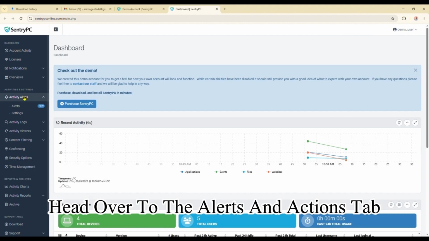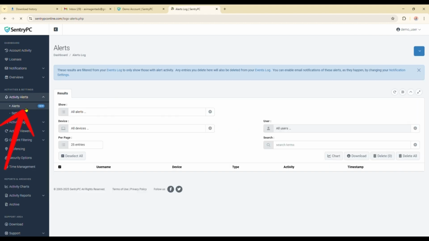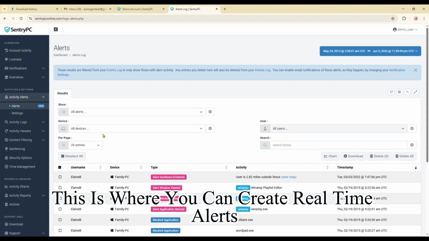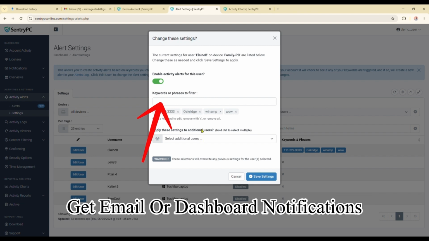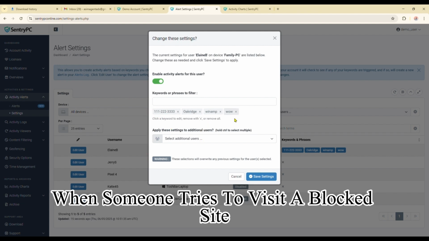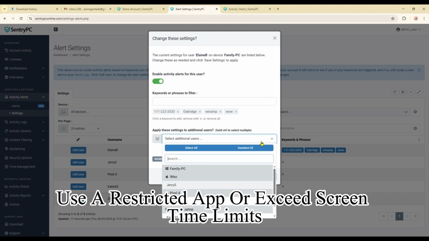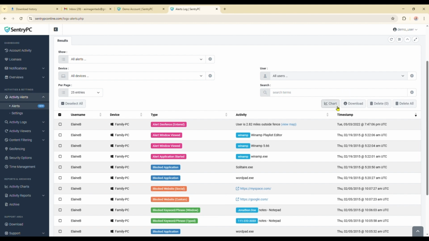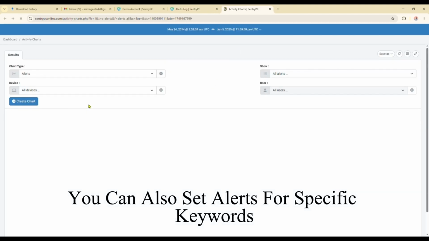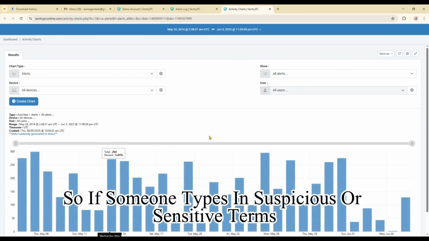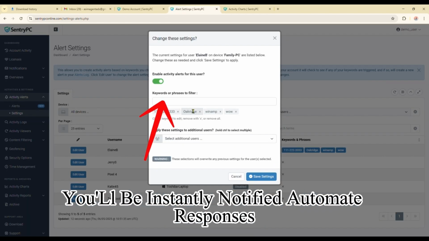Head over to the Alerts and Actions tab in the dashboard. This is where you can create real-time alerts, get email or dashboard notifications when someone tries to visit a blocked site, use a restricted app, or exceeds screen time limits. You can also set alerts for specific keywords, so if someone types in suspicious or sensitive terms, you'll be instantly